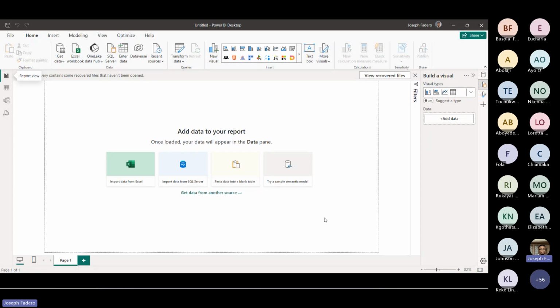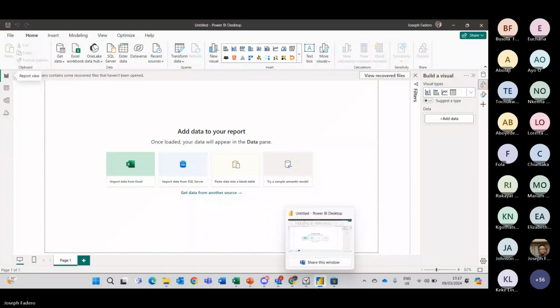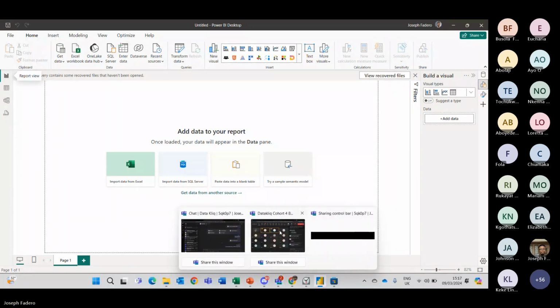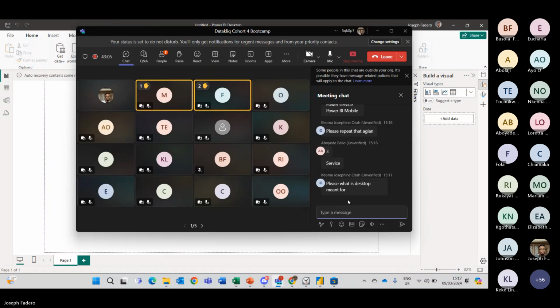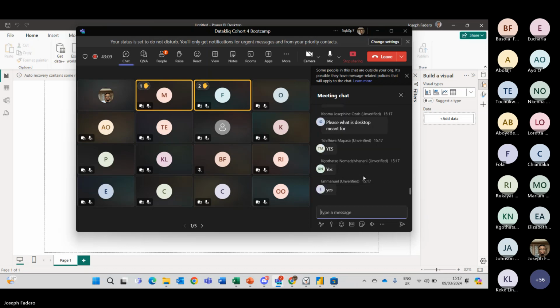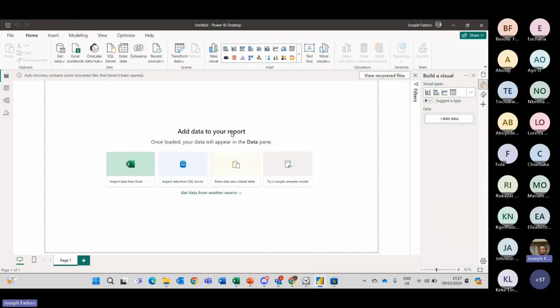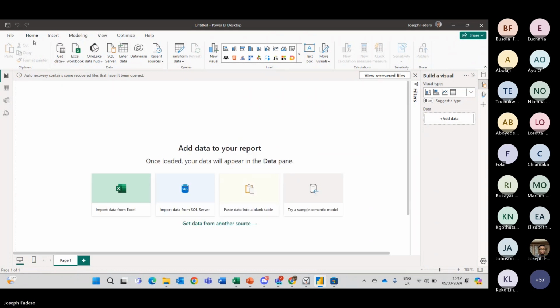Is this how your Power BI looks? Exactly like this. So let me ask, do you have these tabs?